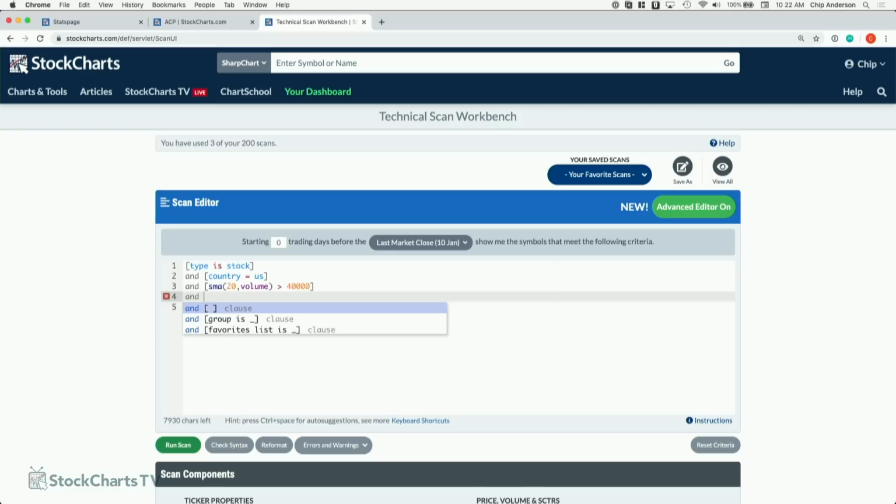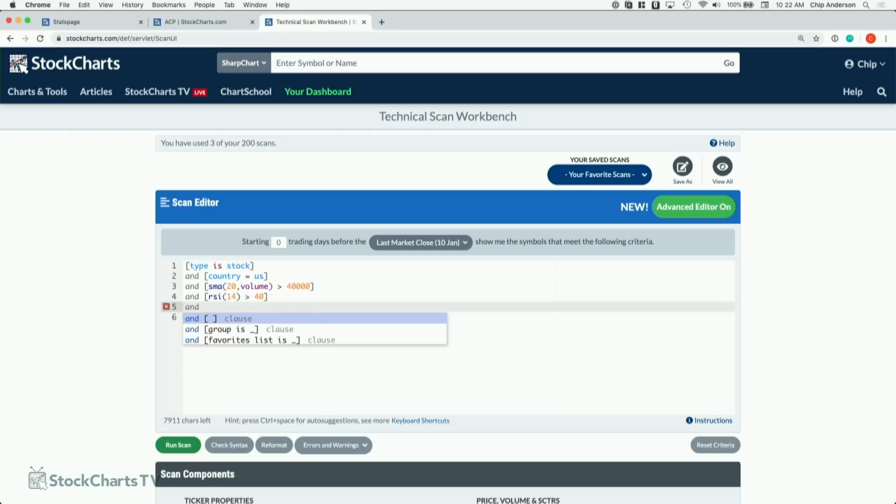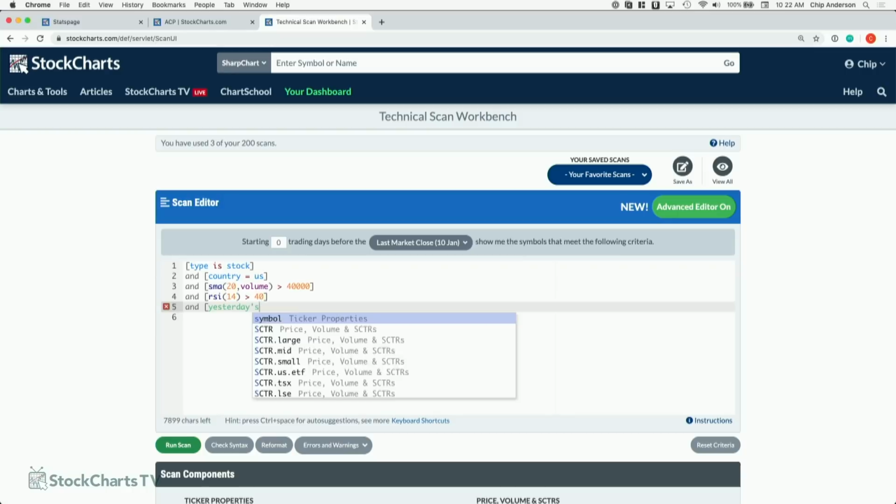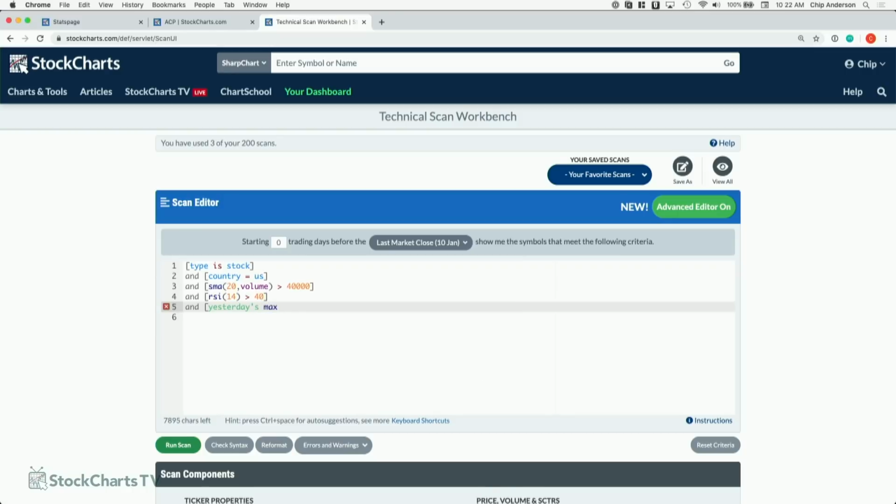And now we're going to do and RSI, again with the parameter 14, is greater than 40. Implied in that is that today's RSI value is greater than 40. And another final clause here, yesterday's max for the past 3 days,